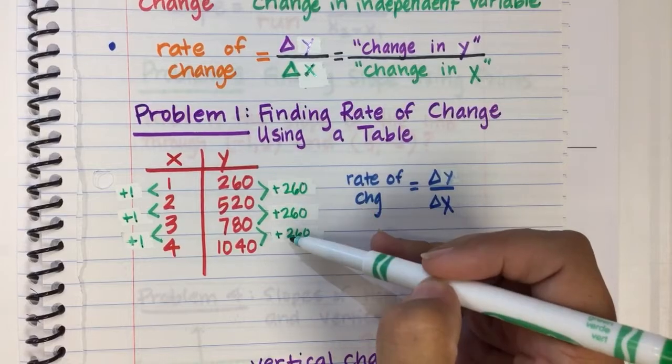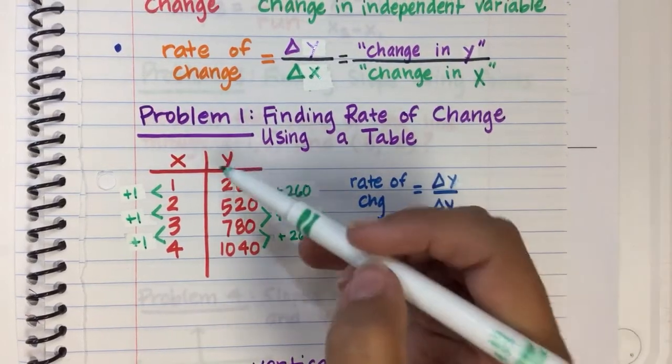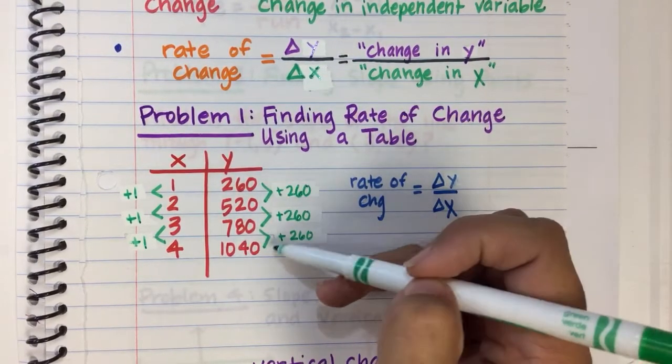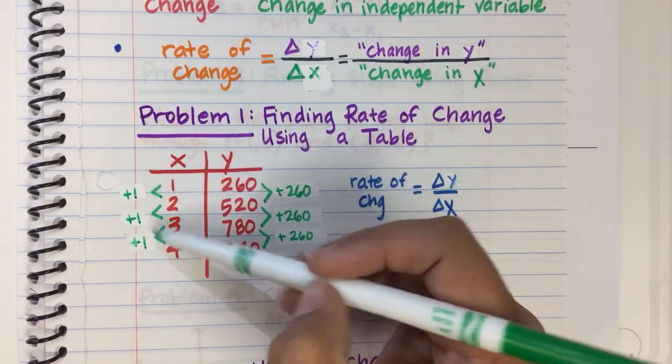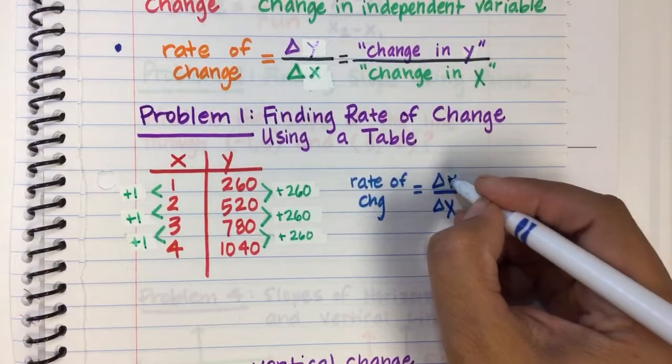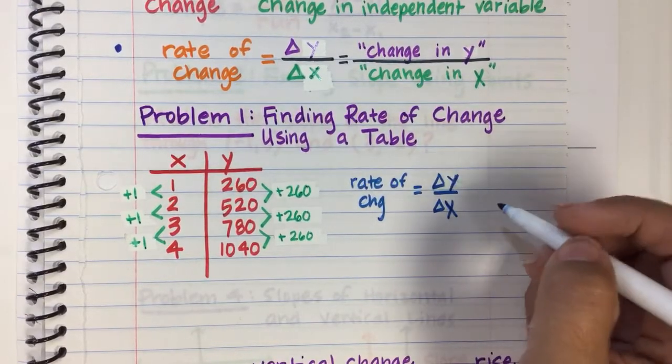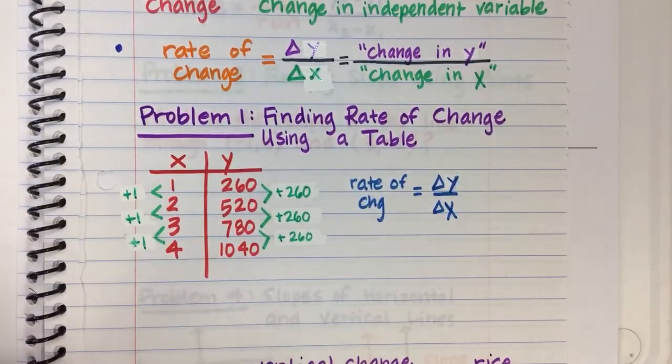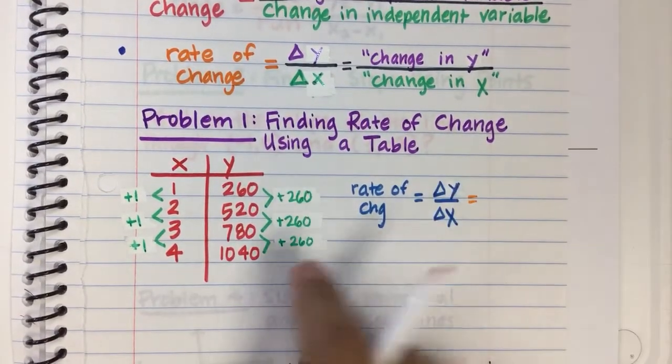So my y values are increasing by 260, and my x values are increasing by 1. So if I use the equation that rate of change is equal to the change in y divided by the change in x,